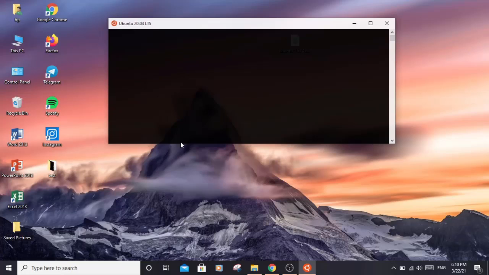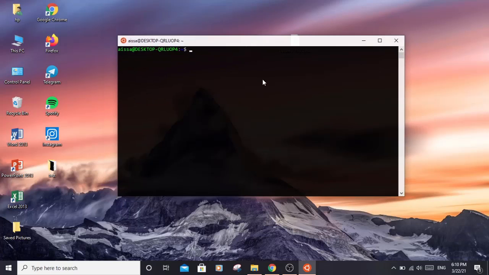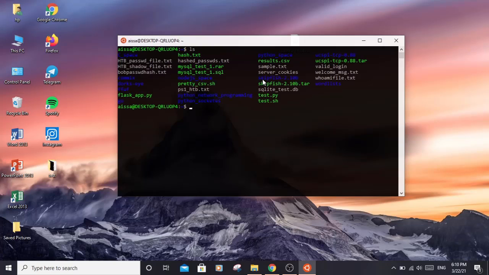and it will open. The first time you start, it will take some time to install any additional programs, and it will ask you to provide the username and the password. So just go ahead and provide the username, create an account in there, a password, and then you log in. And that's it. You now have an Ubuntu terminal in your Windows where you can